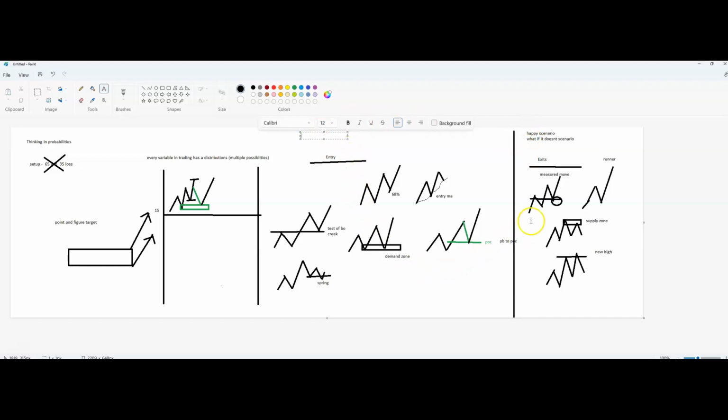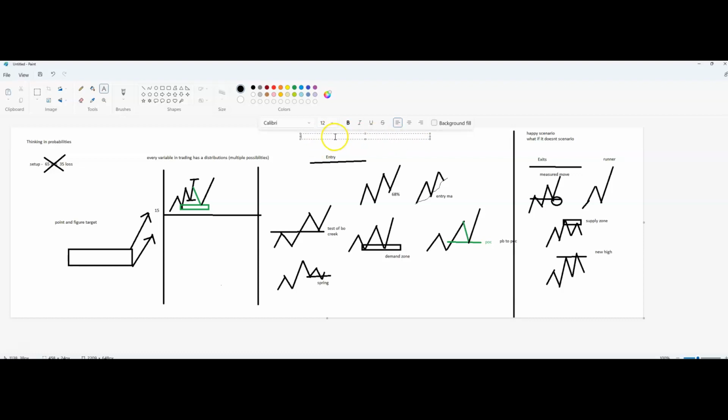Like, you could have one as soon as you enter, at a predetermined amount. You could have one at the supply zone before the breakout, and then one at the breakout, new high. Or even if you have 4, the 4th one could be a runner, and you could do a trail on it. So the point is at least 2. Just anything more than just your happy scenario, where you say this is what's going to happen, because that's where you mess up. And for the entry, the same.